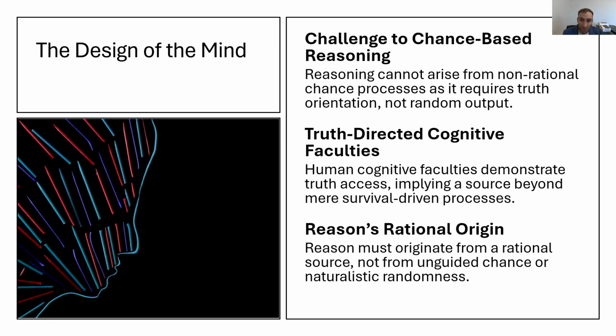What this shows us is that if we take the view that we exist through evolutionary chance, then we have no reason to argue about anything. We have no reason to take any philosophical view. In short, we have no reason to philosophize. But the fact that we do philosophize, the fact that we hunger for truth, shows that our minds cannot be aimed at mere survival.